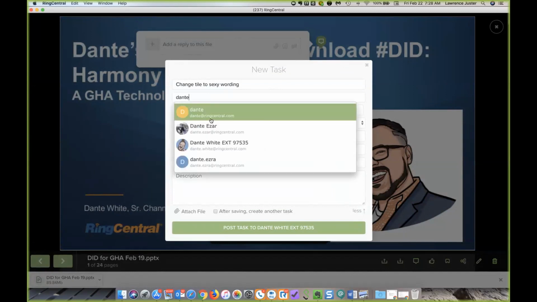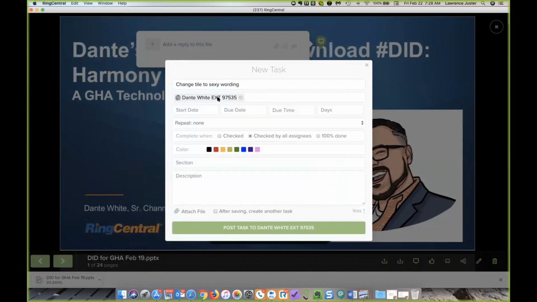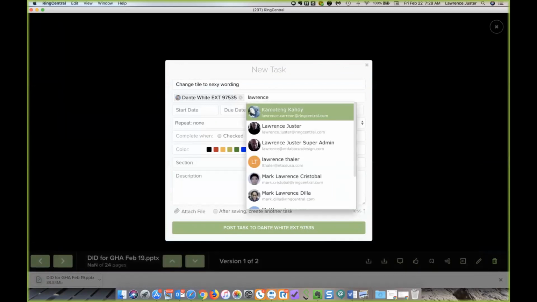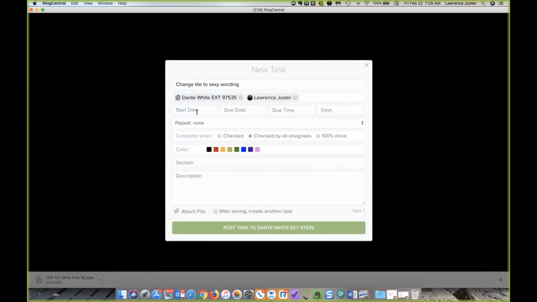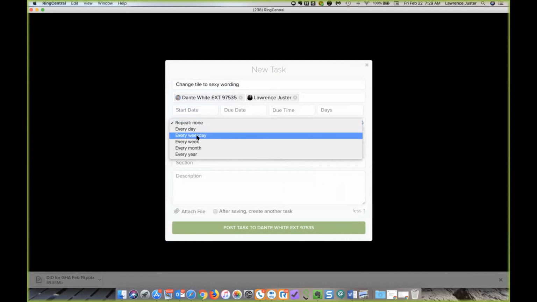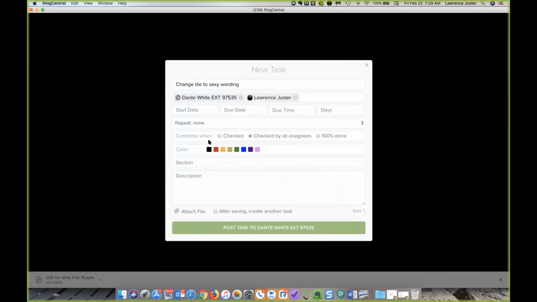So it's going to pull up Dante within the organization. I'm going to project manage this, so I want to be on this myself. All right. I can put a start date, a due date. I can have him check in with me every day until it's done. We can color code it. When he marks it off, I'm going to leave it on there. When he marks it off that it's complete, it'll notify me, and then I can go ahead and check it